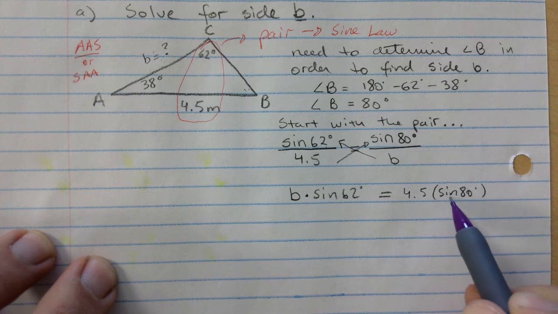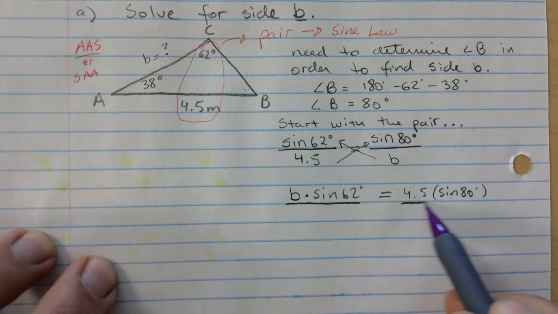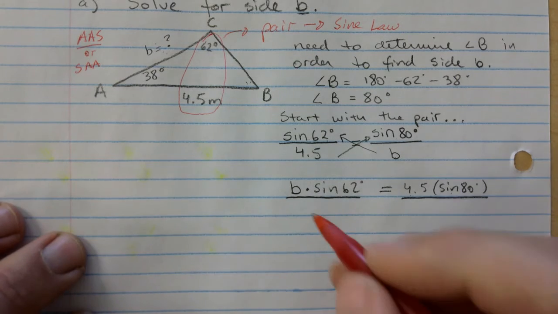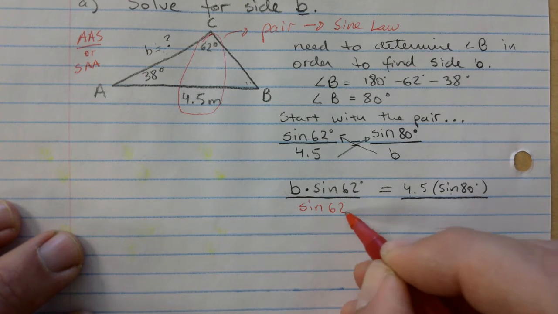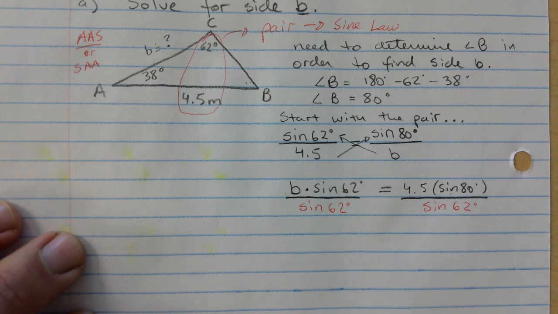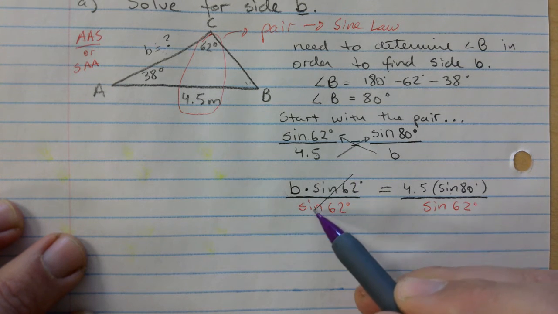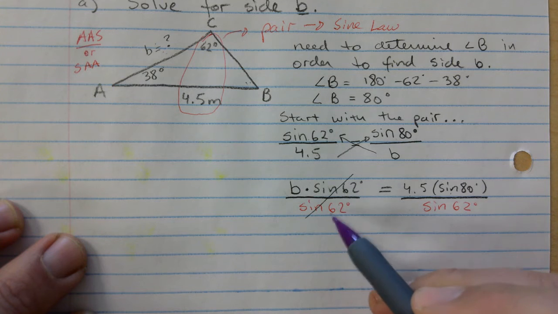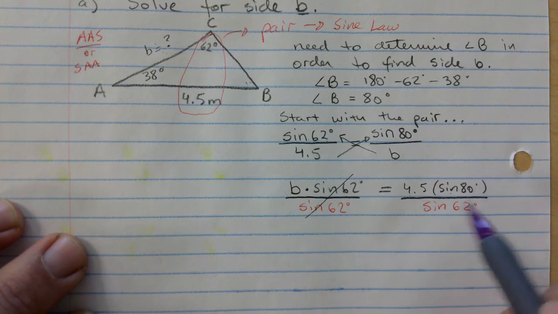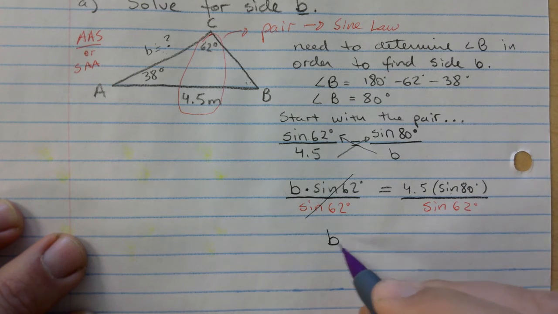At this point, we want b isolated, so we're going to divide both sides by sine of 62. And remember, sine of 62 is just a number. Your calculator will spit out a number if you type that in. So don't be scared of that, right? So here we get to cancel out these two, because it's like b times 2 divided by 2. It's like nothing happened. And all the math happens on the right side. So b is equal to,